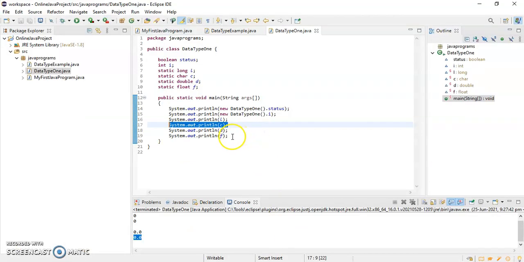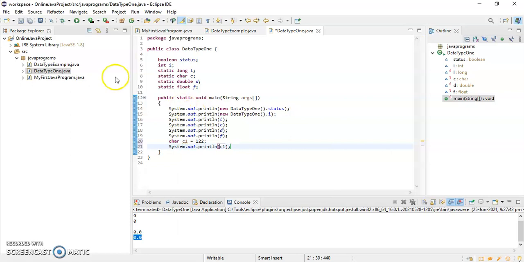So if I am giving char c1 is equal to 122, and I'm printing syso c1, then it will print small z. So 122 is the ASCII value of small z, and it will print that value.